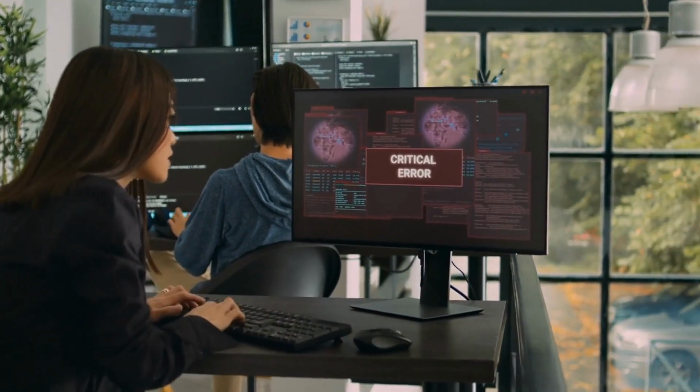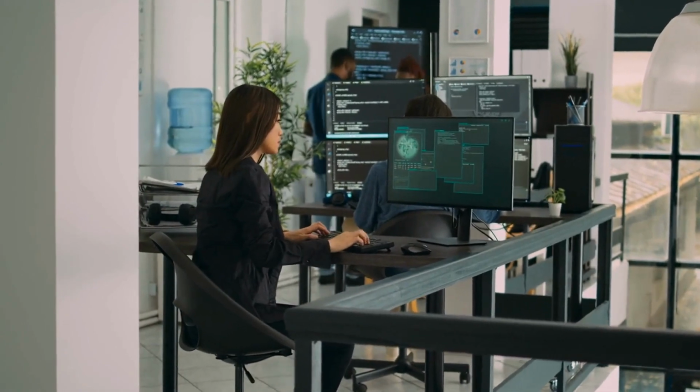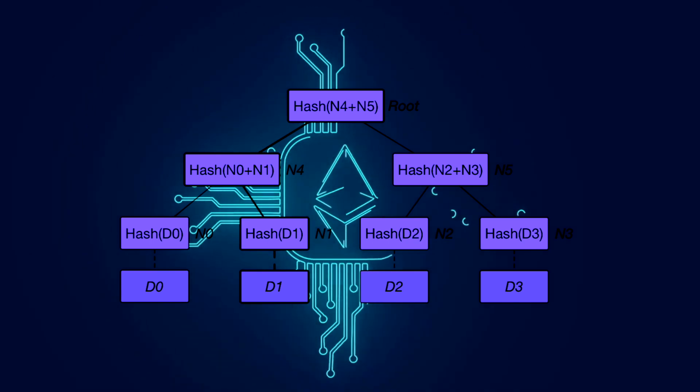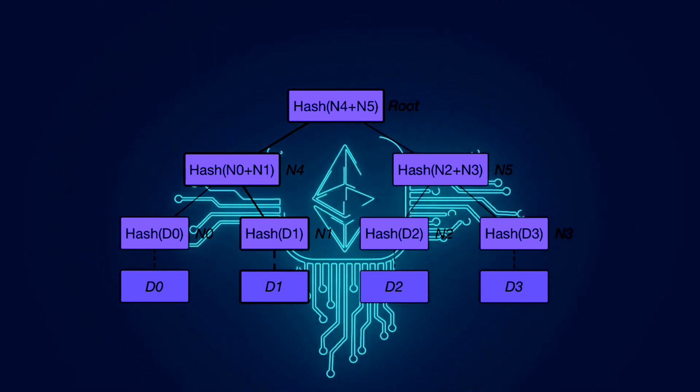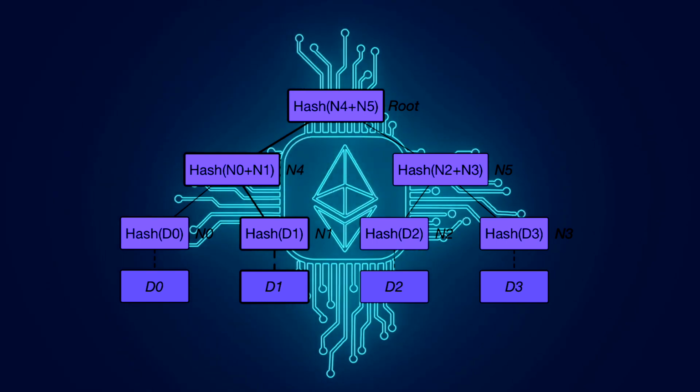Let's say that a Merkle tree consists of 4 transactions which are labeled D0, D1, D2, and D3. Each transaction is hashed before the hash is stored directly on the leaf node. When this occurs, hashes N0, N1, N2, and N3 are created. Any consecutive pair of leaf nodes will then be summarized in a parent node via the hashing of hash N0